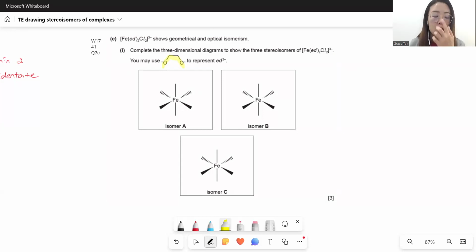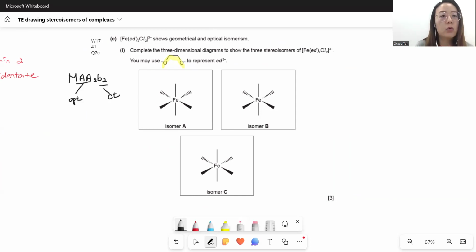that can clamp to two positions. So we recognize that this is an M AA B2 type of transition complex formula. So we know that they will show cis-trans, CT in short, and the two bidentate will show the optical. Okay, so same thing, you draw your cis and draw your trans with respect to the two monodentate,